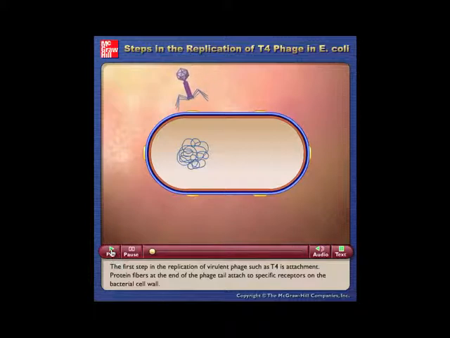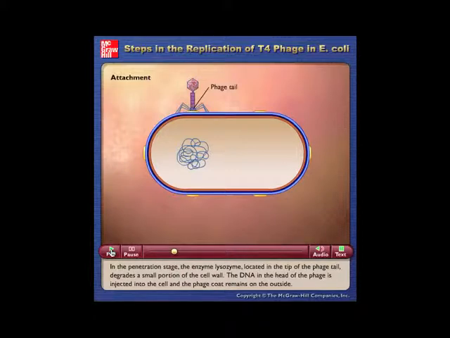The first step in the replication of virulent phage, such as T4, is attachment. Protein fibers at the end of the phage tail attach to specific receptors on the bacterial cell wall. In the penetration stage, the enzyme lysozyme, located in the tip of the phage tail, degrades a small portion of the cell wall. The DNA in the head of the phage is injected into the cell, and the phage coat